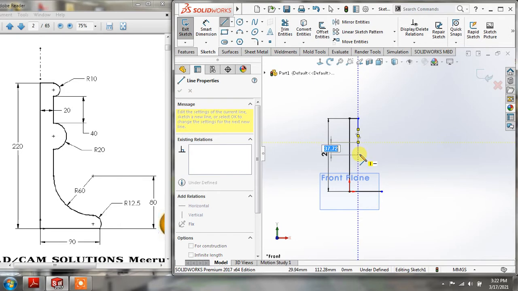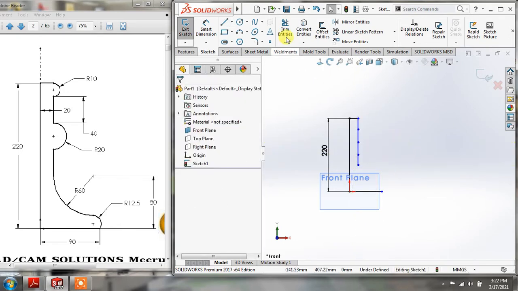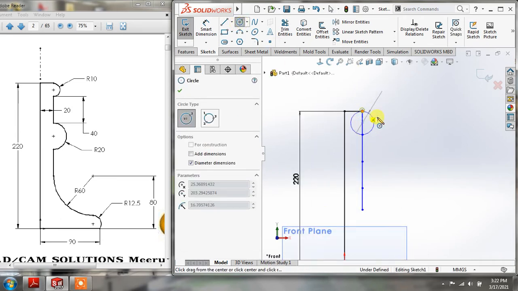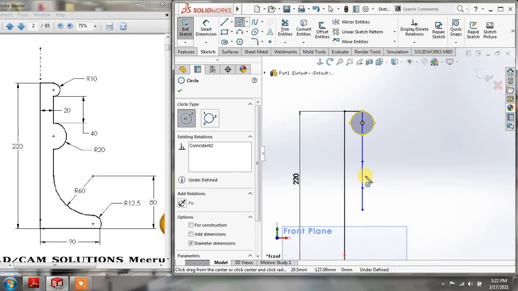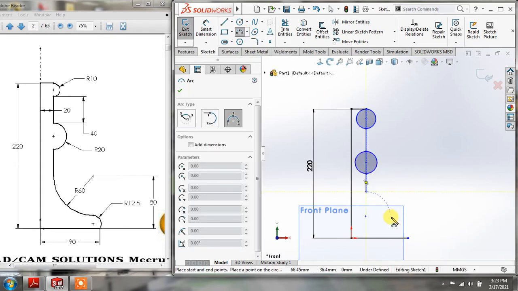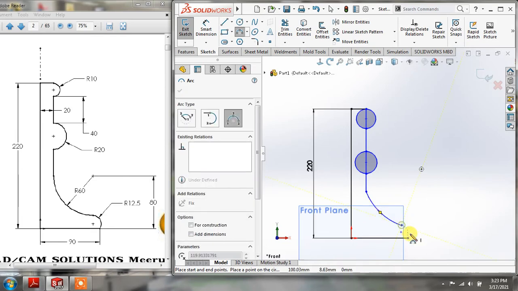One more line, again one line, one more line, and skip it. Now select a circle, zoom it, draw a circle, and again another circle, and after this line we have one arc, that is 3-point arc, again 3-point arc.